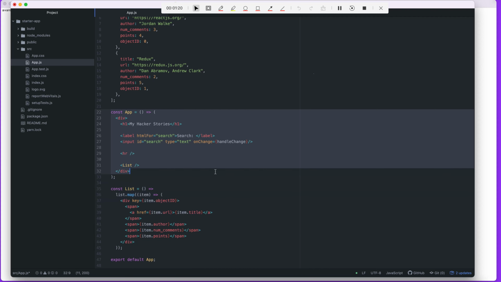In this case, we have this App component, so we're calling handleChange. Somewhere inside this component, we're going to define a function called handleChange. But in order to do that, remember last time we switched over to the arrow notation and we just returned this part right here. So we're not able to add anything in between. All we're doing is returning something. So if I want to add a function, I need to change this back to curly braces,